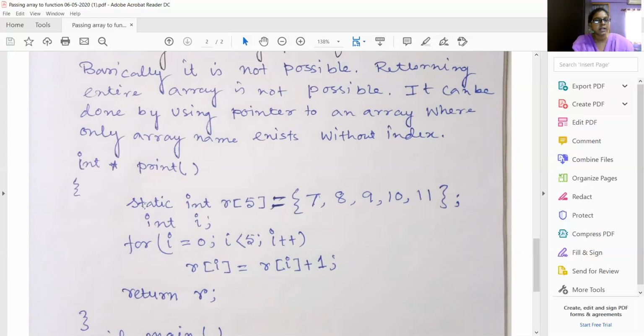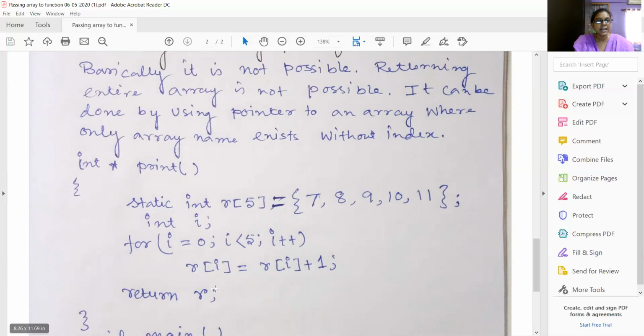So int asterisk print, I have given this. I have taken a variable array static int r, the static storage class specifier already given in the lecture. Int r, 5 pockets of elements 7, 8, 9, 10, 11. i is an index taken as an integer, from 0 to 5, i plus plus. What have I done? Just within r[i], I will store r[i] plus 1. Well, actually it will go 8, 9, 10, 11, 12 in this fashion.